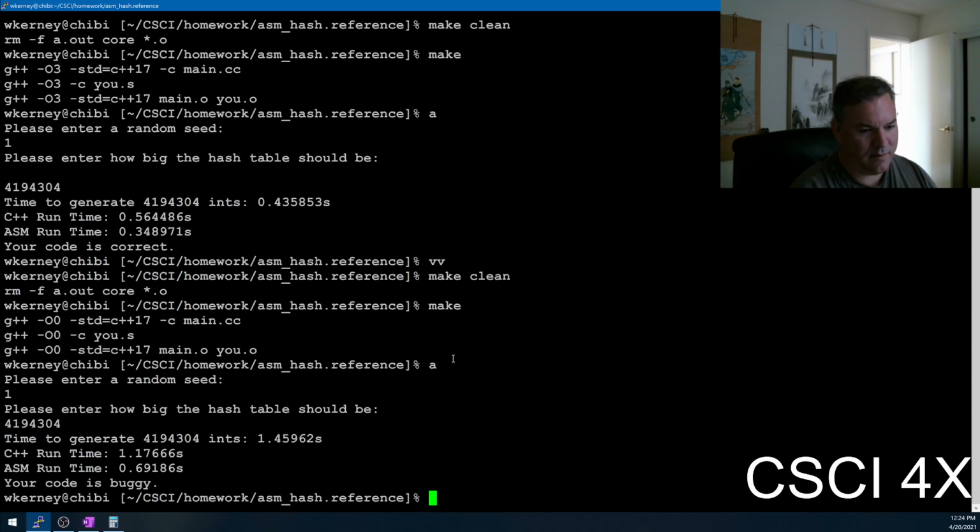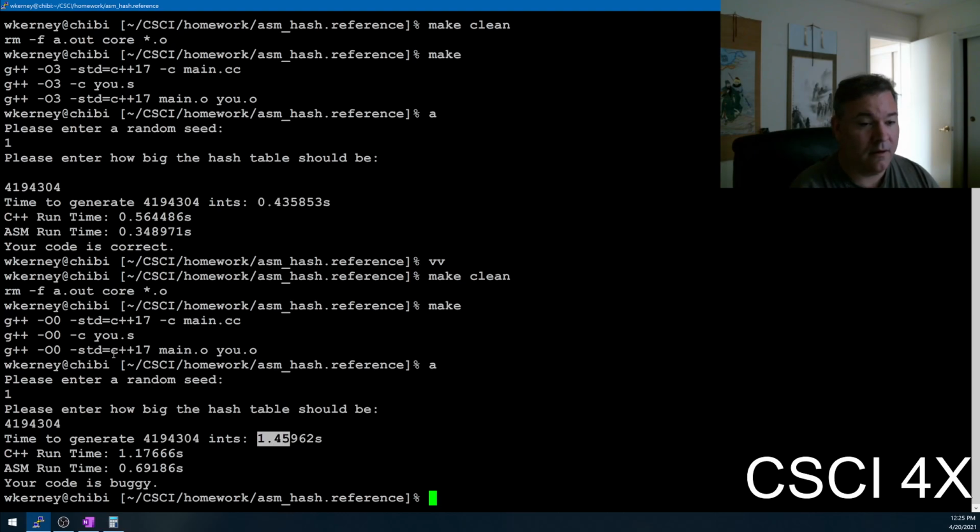That's odd. The optimizer shouldn't affect correctness at all. Very odd. Okay. Anyway, you can see that the C++ code is now running 3 times slower to generate the